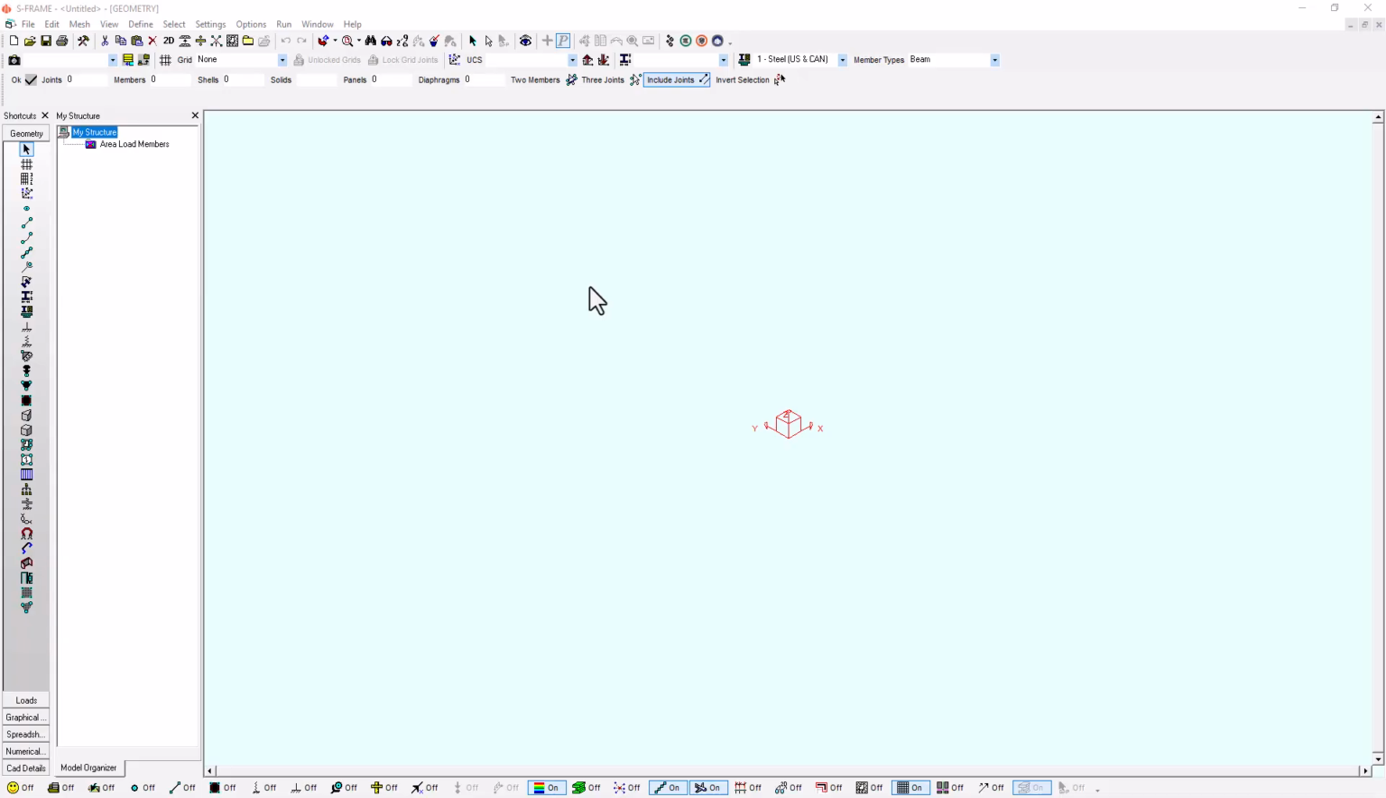Hello everyone, welcome to this video where we're going to look at how we can use SRAM to model and analyze a space truss. This process will involve some clever usage of the cylindrical grid systems and the clone tool as well. So I'm going to start off by actually using the grid tool and going to the edit